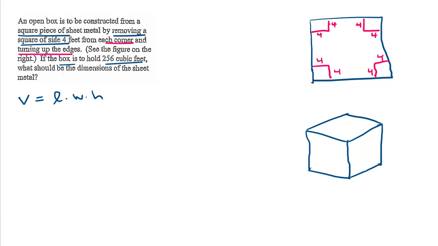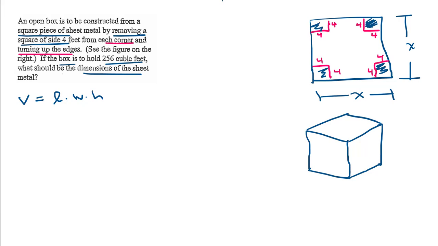So in order to do that, we need to look at our square piece of metal here. Okay. So we don't know the dimensions of this, right? All we know is that this is x by x. That's what we're trying to figure out. What are the dimensions of the sheet metal? That's our goal. Well, if we're cutting these guys out, right? So this is out, this is out, this is out, this is out. So that means then